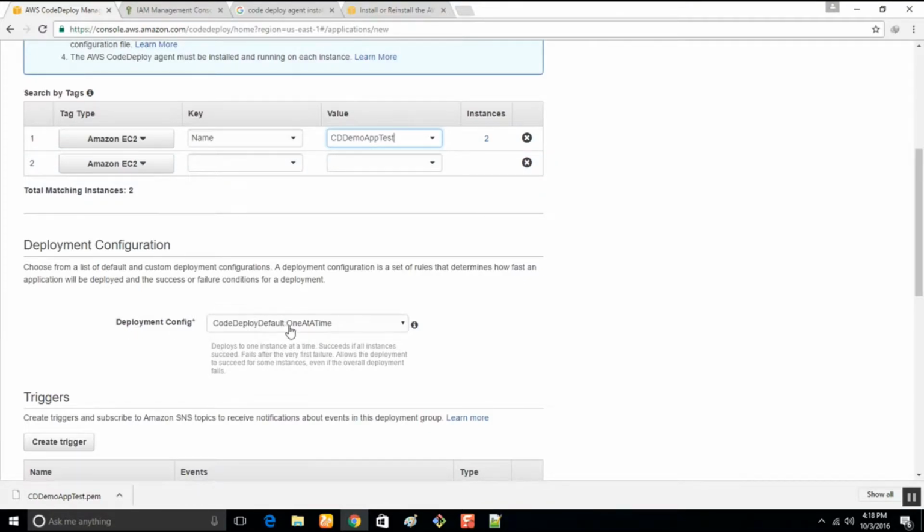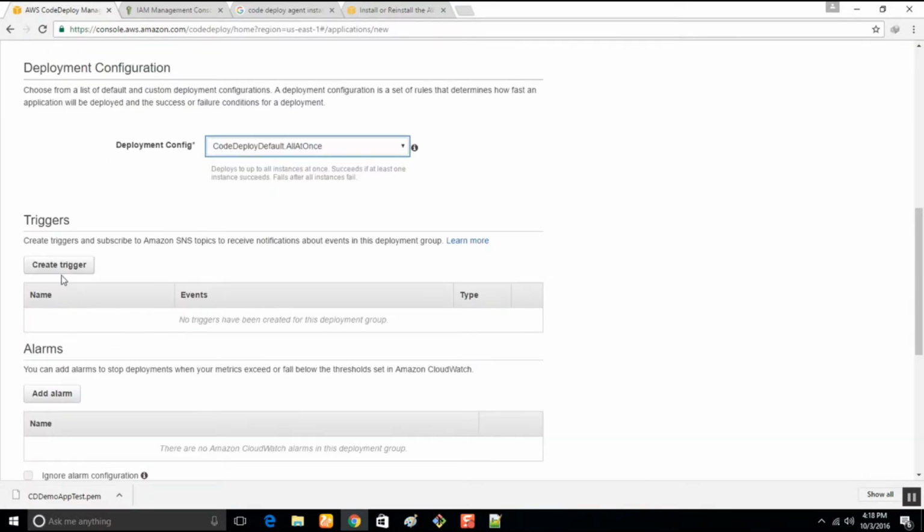And deployment configuration, this is where I'm talking about how you want to update the running instances. One at a time means one will be pulled down, updated, and pushed again. All at once, half at once, the names themselves specify what they do. For the time being, let's select all at once.